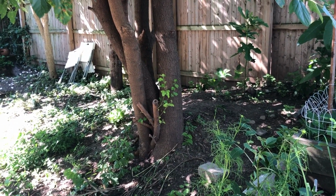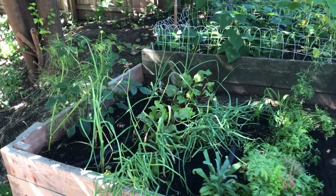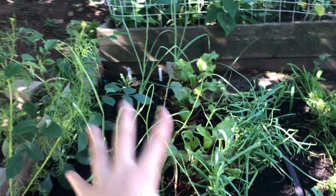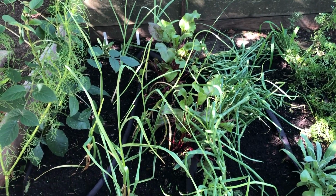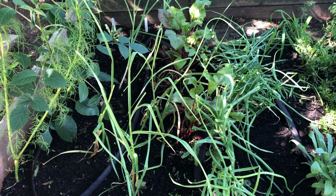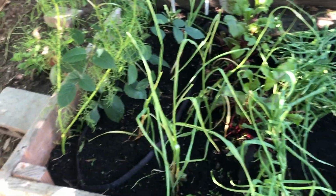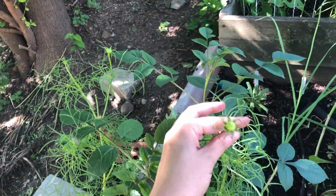Who knows, maybe someday I'll chop this tree down. It's not very useful, and to be honest, it's always dropping the mulberries into here and creating a really humid environment that's trapping moisture. It's almost acting like a mulch, which is even worse for the space because there's not enough sun to thoroughly heat it. So I have planted a random cosmo right here, which is actually flowering, surprisingly enough, even though cosmos are a full sun plant,